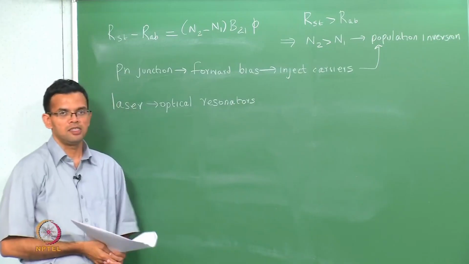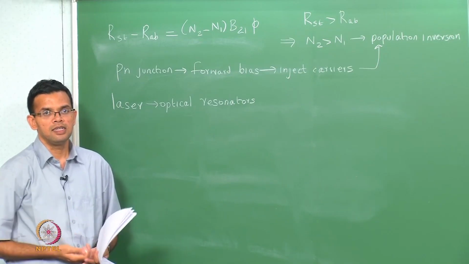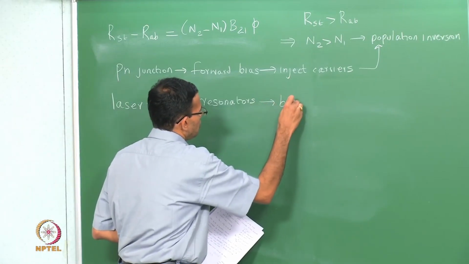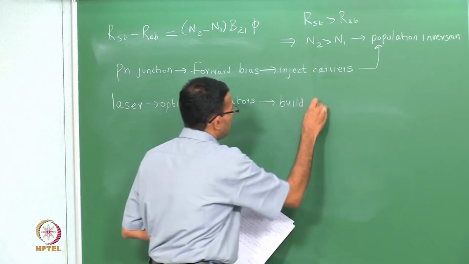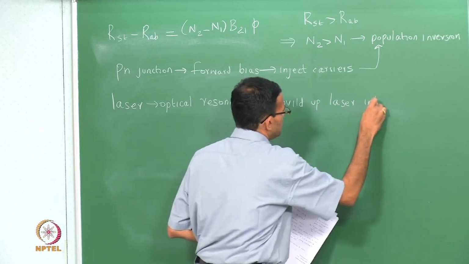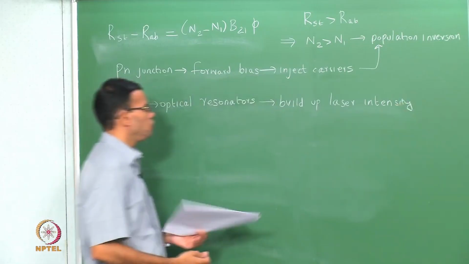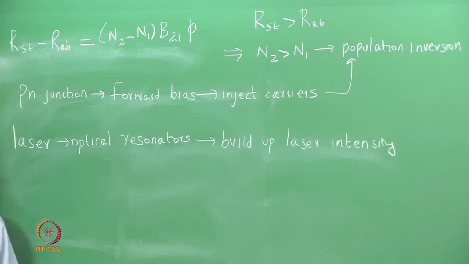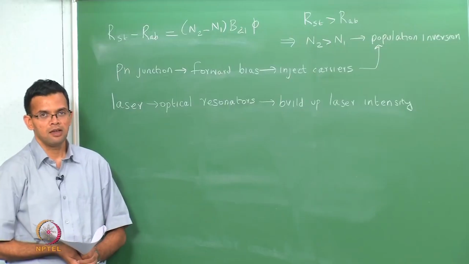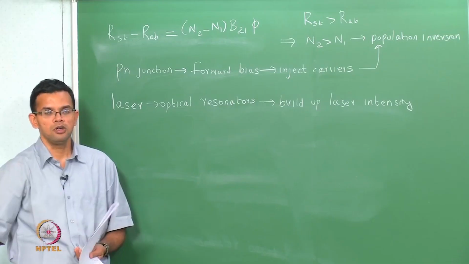The function of these resonators is to reflect the light, so that a certain intensity of laser is built up. Usually two resonators are used, one on either side. One of these is totally reflecting and the other one is partially reflecting, so that the laser output comes from